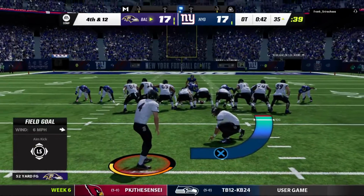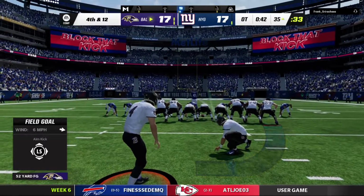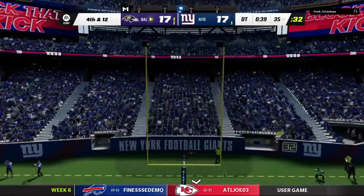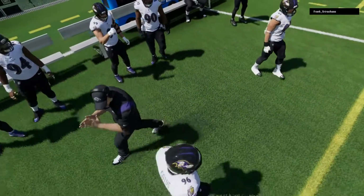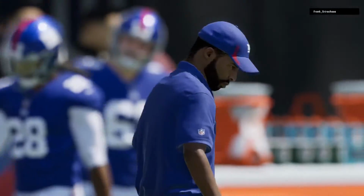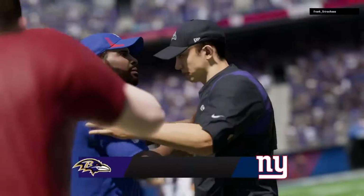So it all rests now on the right foot of the kicker, Matt Gay. This to win it in overtime. And he got it. The kick is good in overtime. He's able to split the uprights. So he's been automatic to this point of the season, and he connects on the field goal there. And what a luxury it is to have a kicker you can depend upon, partner, because he hasn't missed all year long. Converts